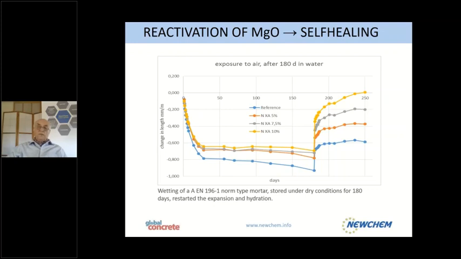That means that the magnesium oxide is reactivated. And if you look at 250 days, you can see that you have no tension in your concrete anymore. You are coming to a 0-0 level of your concrete. That means actually what you're doing here is you're putting an expanding additive into your concrete. It will remain partially not reacted. And later, if some water comes through a crack, then it will start to react again and will close the